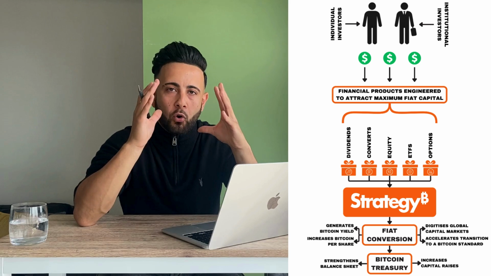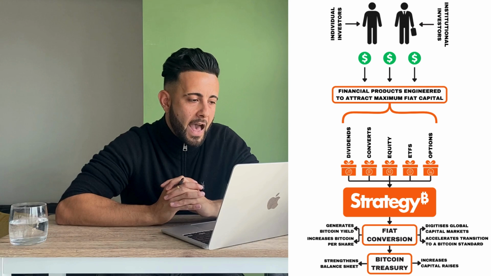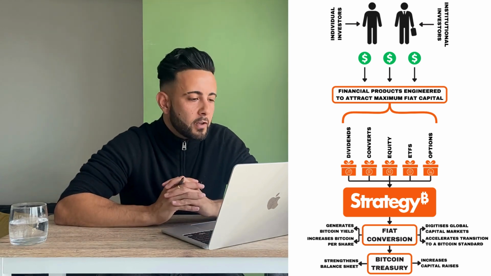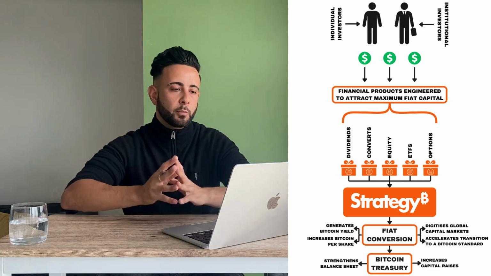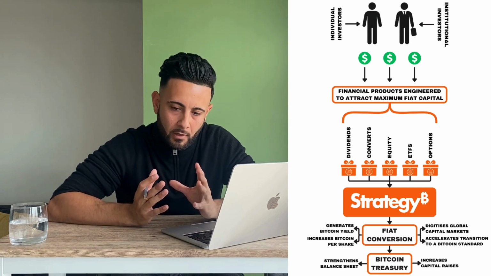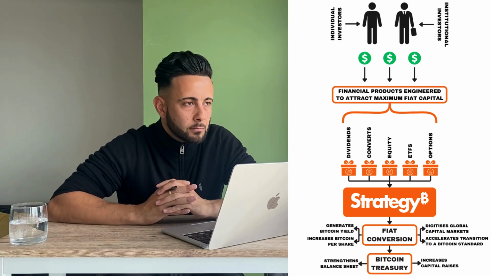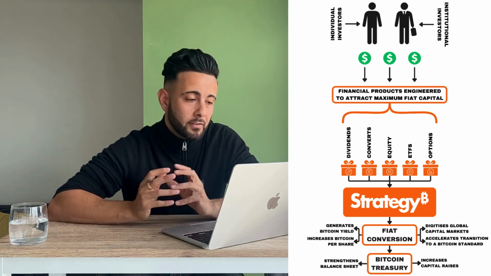Now, the more Bitcoin that strategy acquires, the stronger its balance sheet becomes, and the more capital it can raise to then go and buy even more Bitcoin, which creates this incredible flywheel effect. And again, this is why I love this model, because not only does it effectively capture what strategy is doing in the strategy playbook, but it demonstrates just how simple the strategy is.